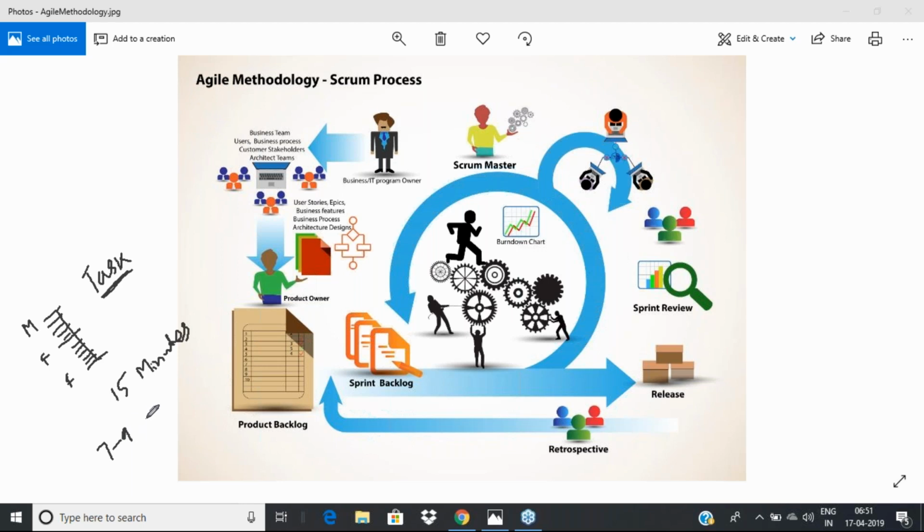And very interestingly, this is called a stand-up meeting. That means you don't even sit and relax explaining your status. It's more like a scrum meeting. People call it a stand-up meeting. All the team members will stand